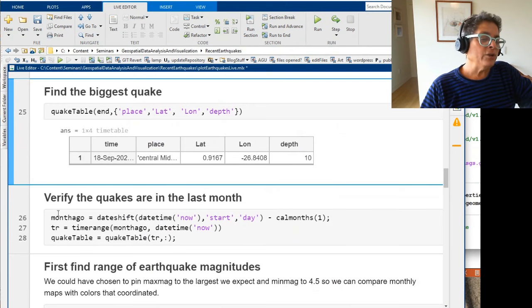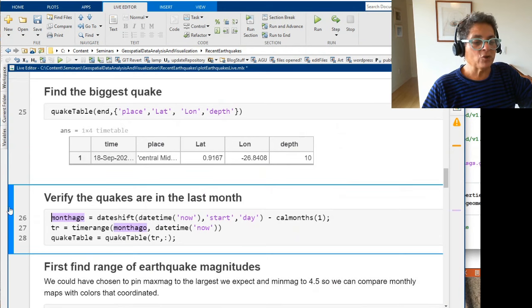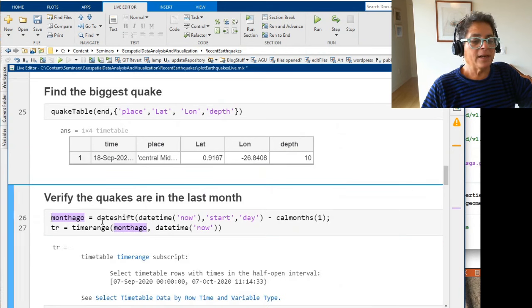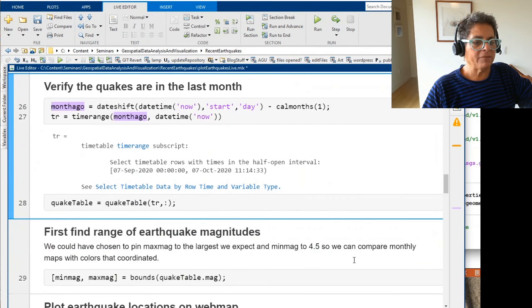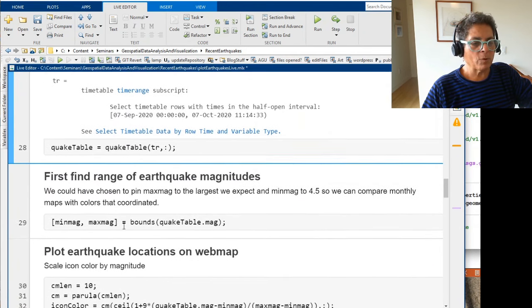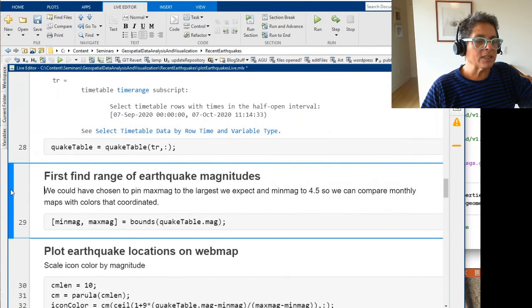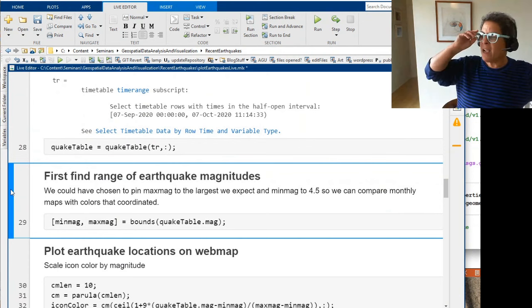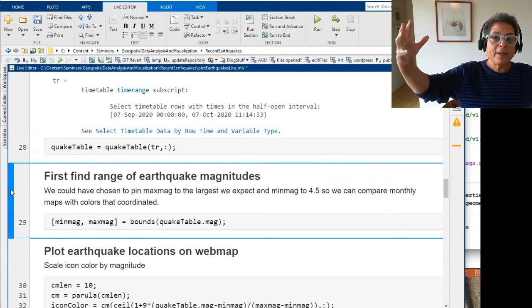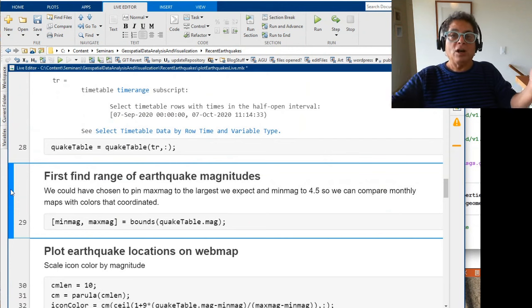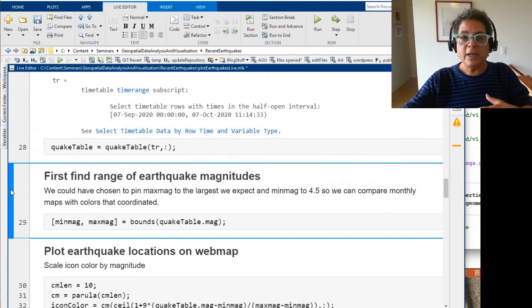Okay, and what I can do if I want is I can shift the dates and subtract a calendar month and make sure that we have a month's worth of data. And in fact, it's going to trim a little bit of data off. I had a little bit more before, and it trims 1 data point off, but that doesn't matter for what we're doing. And now I want to find out what's the smallest and the biggest magnitude earthquake, because what I'd like to do is make a plot, and I'd like to make a plot that's meaningful. So I'm going to add color to help me understand which of the earthquakes has a large magnitude and which